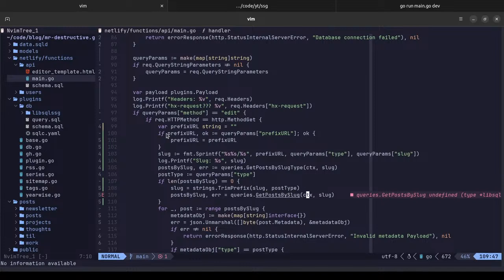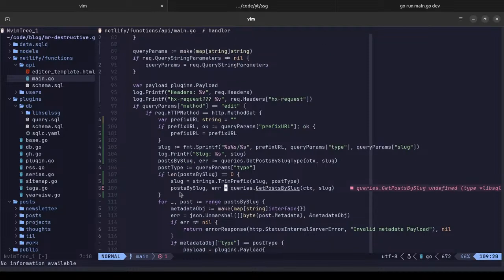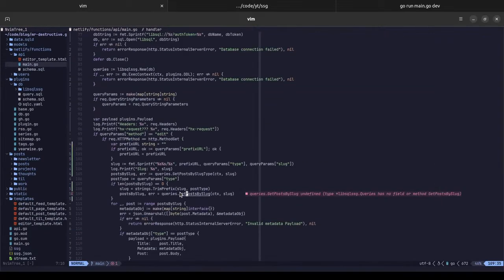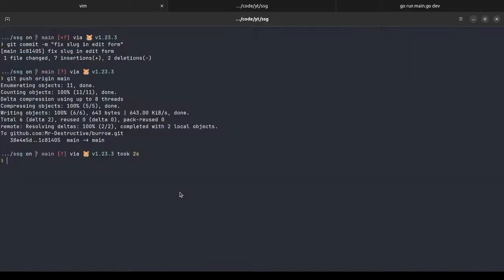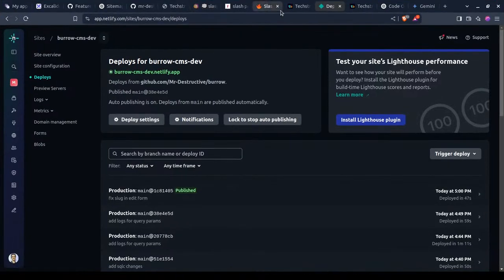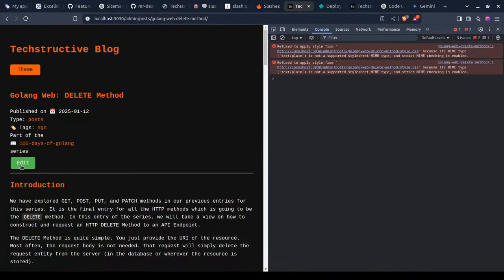Get post by slug ctx and slug. What is that issue? There has no method field. Get posts by slug type. Right. Won't work as expected